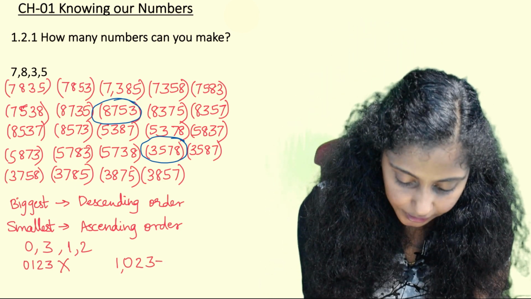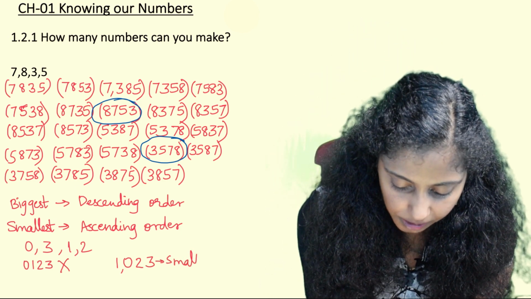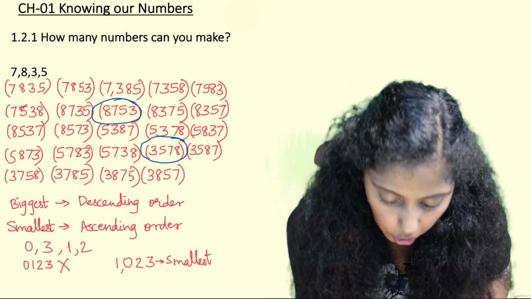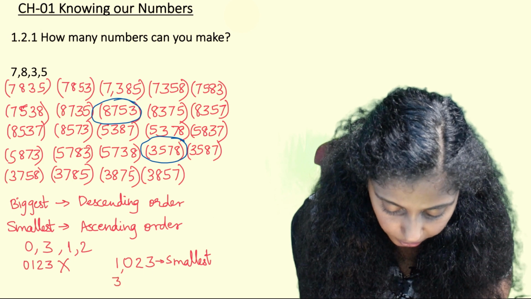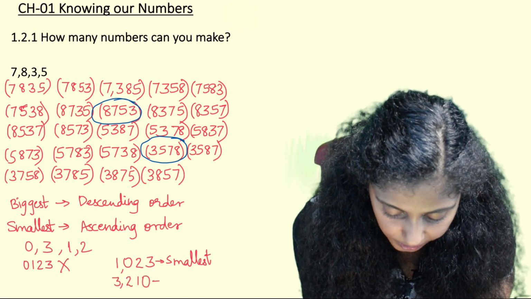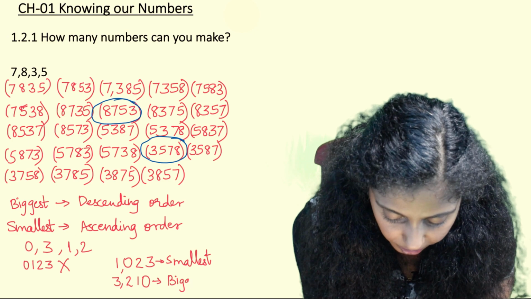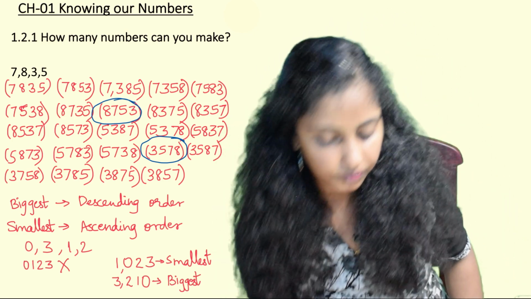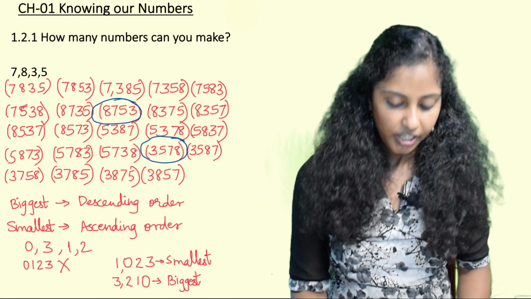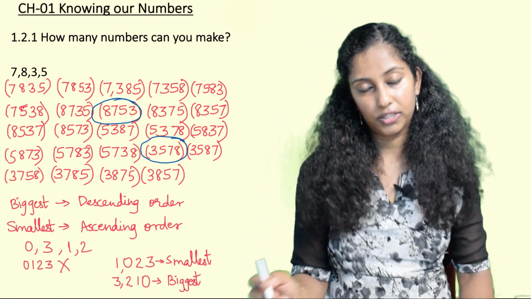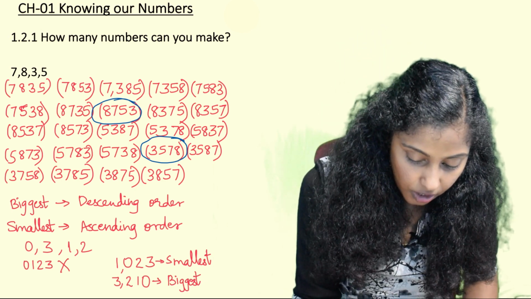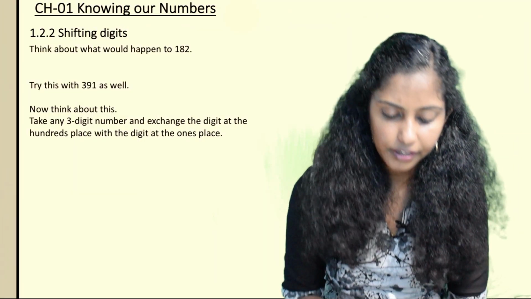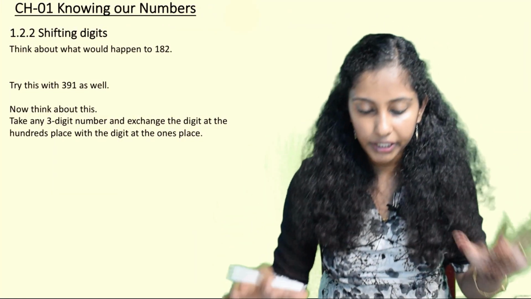And if I have to write the biggest number, we follow the same rule, that is arrange the digits in descending order. So when I arrange it in descending order, 3, 2, 1 and 0, this will be the biggest number. Here if we change the position of 0, then we do not get the biggest number. If we write 3201, that is not the biggest number. I hope this is very clear and it's really very easy. We do not have to panic at all.